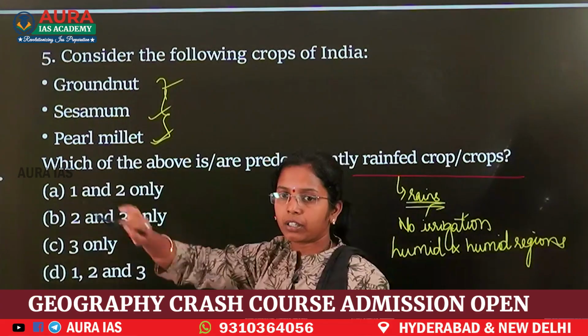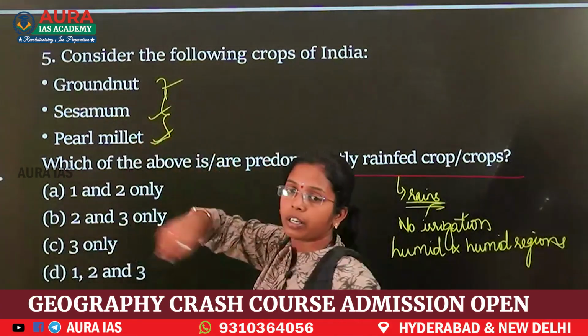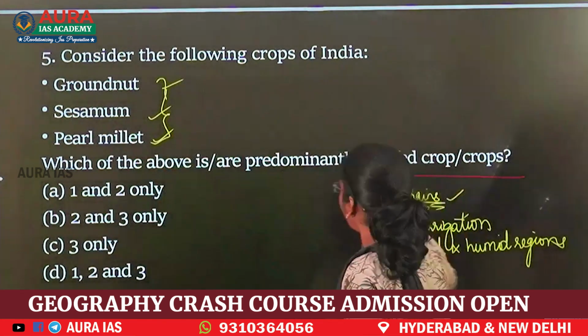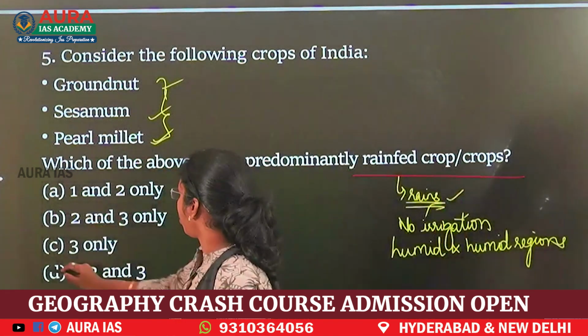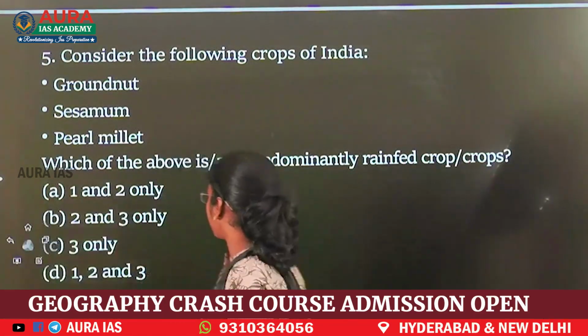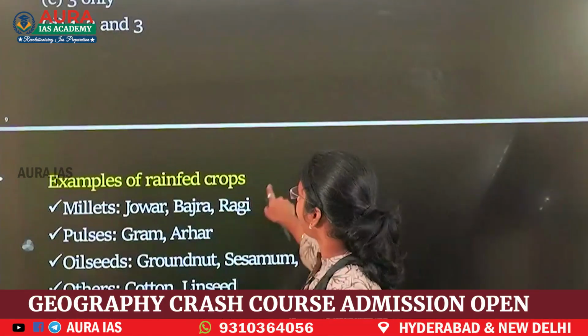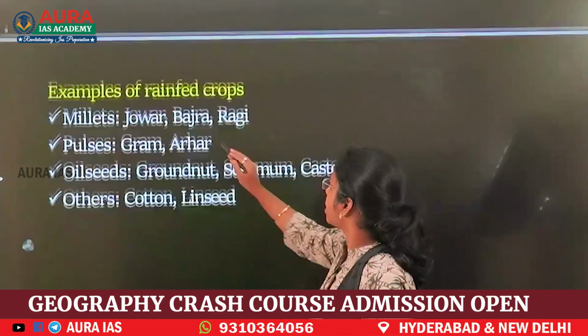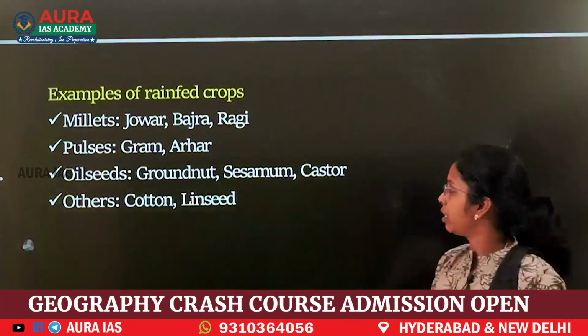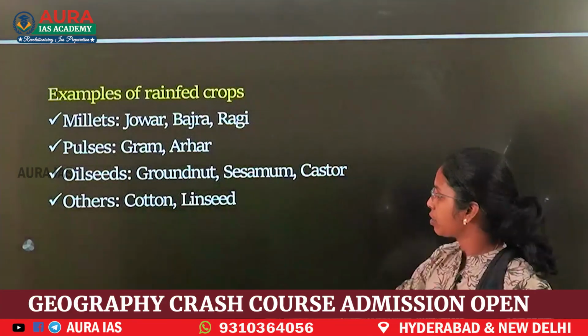It can be dependent on rain. That's why these are called rain-fed crops. Means these are completely dependent on rains. These are fed by rain. So 1, 2 and 3. Answer. Next, examples of rain-fed crops: millets, jowar, bajra, ragi, pulses, gram, arhar, oilseeds, groundnuts, sesame, castor, others cotton and